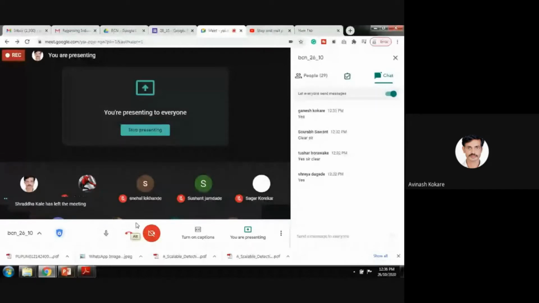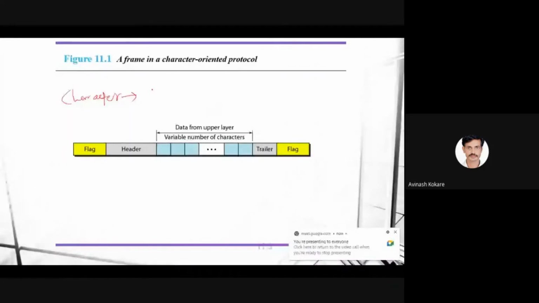It requires 1 byte, or 8 bits. Whatever programming language you go for, C, C++, Java or Python, a character requires 1 byte of data to store. So 1 byte means 8 bits.